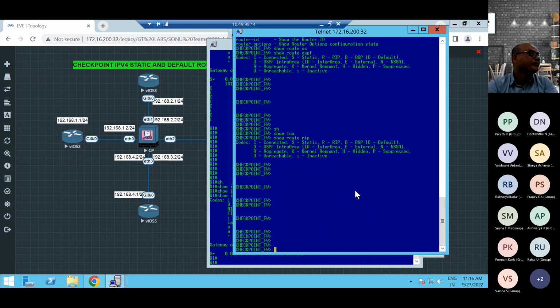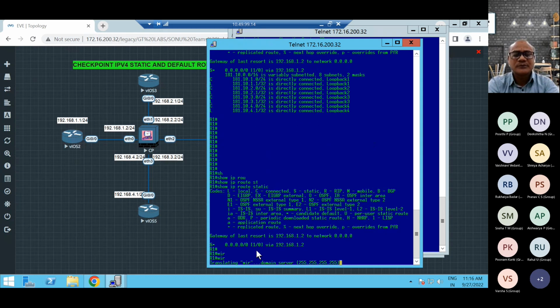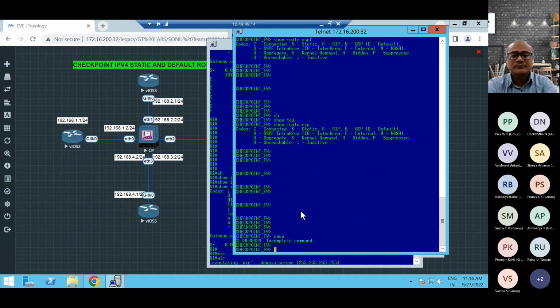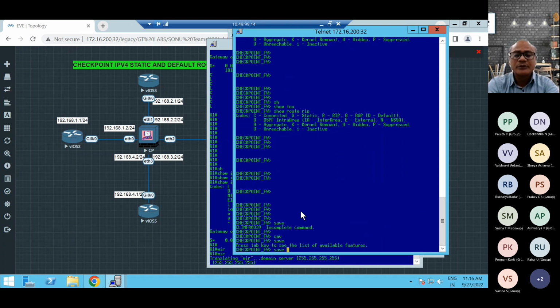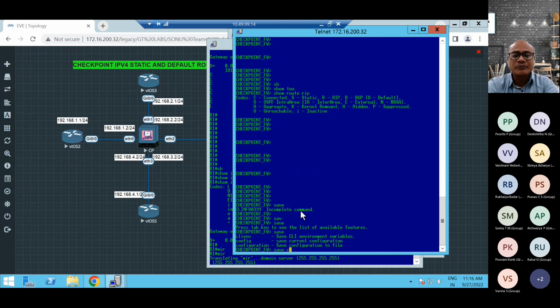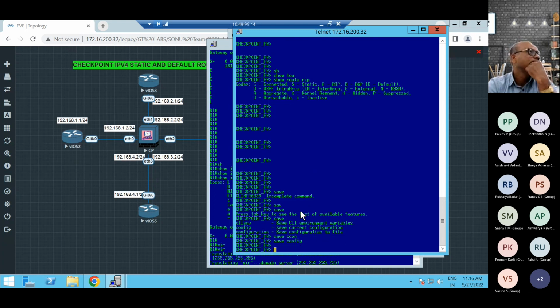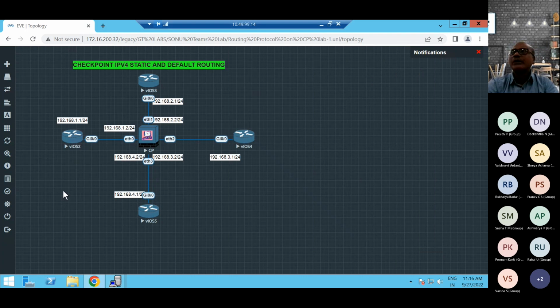I'll show you the basic configurations for the wireless, how to configure, in Teams. We'll take the break. How to log out, guys? I'll tell you that also. Same thing as for the router, the command to save. In Checkpoint, just save. Save configuration. If you type a question mark and tab, it will give the configuration options. That's it, a very simple command to save. Okay, so when you want to close